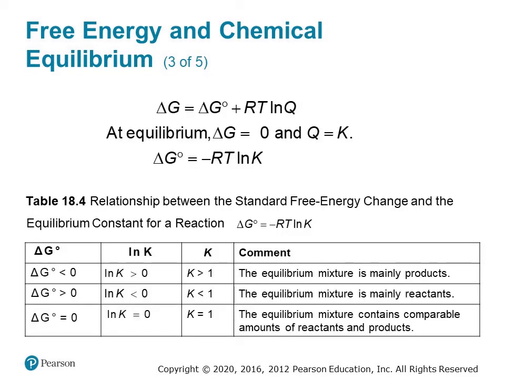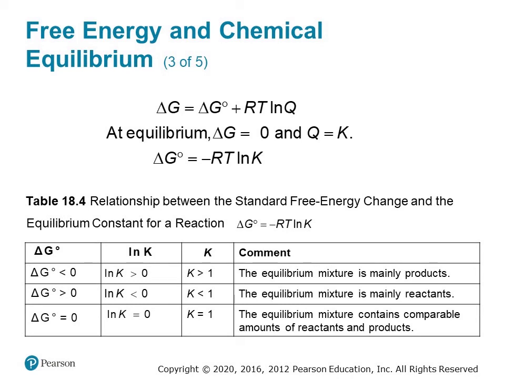Recall that when the reaction quotient is equal to the value of K itself, the reaction mixture is already at equilibrium. Also at equilibrium, delta G is 0 since neither the forward nor reverse reactions are spontaneous. Making these substitutions into the equation, we get the relationship between K and delta G standard. The standard free energy change, delta G standard, is equal to negative R times T times the natural log of